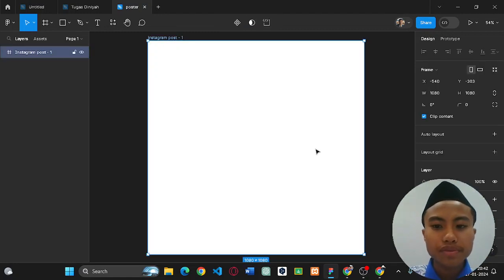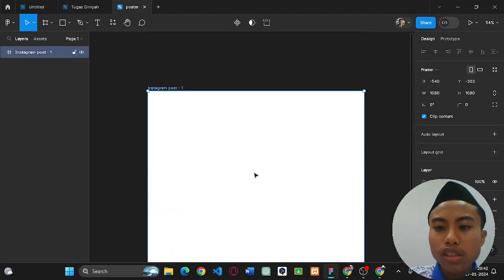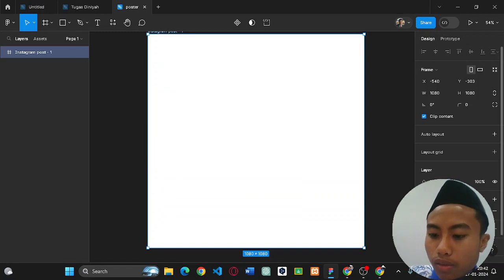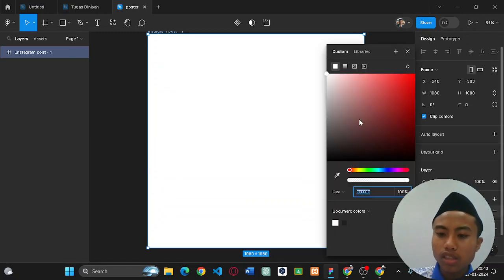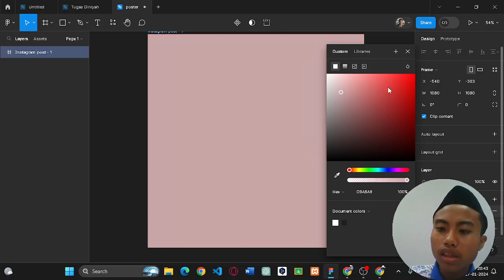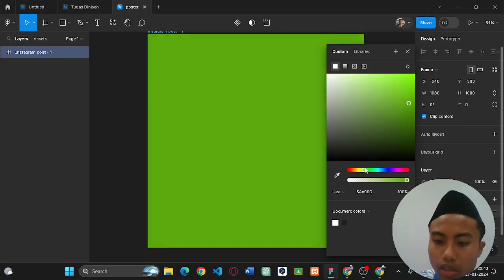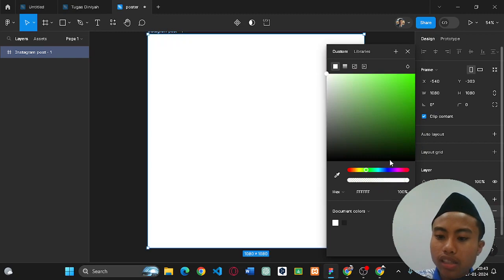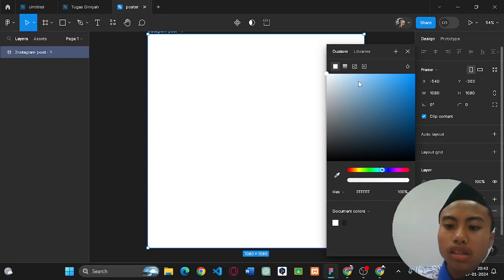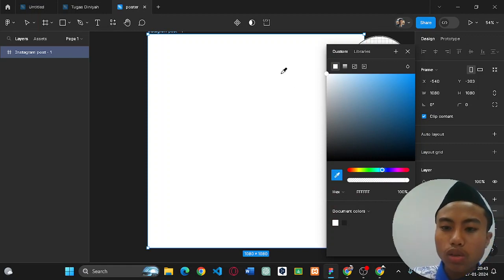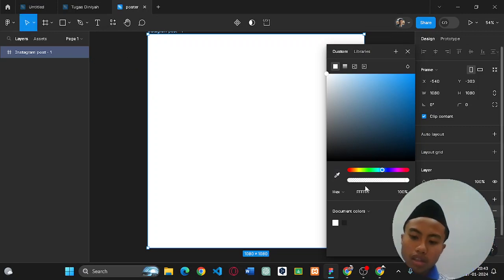First you can change its colors to red, and RGB, yeah, something like that. First I will use white, and then you can go with this pick color from here, but there is still nothing.